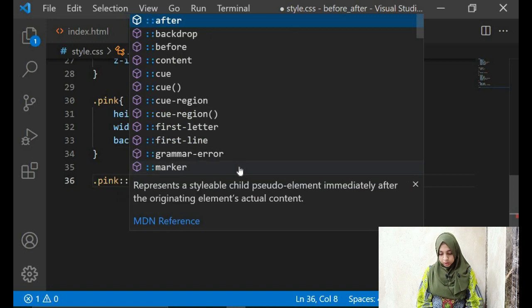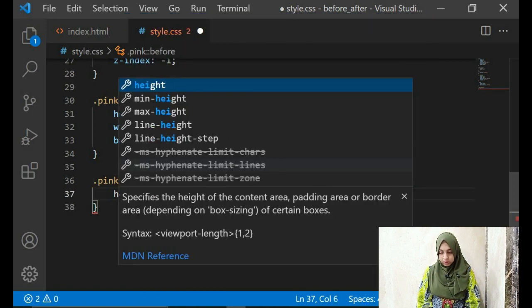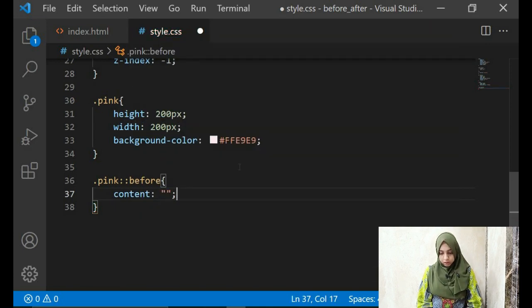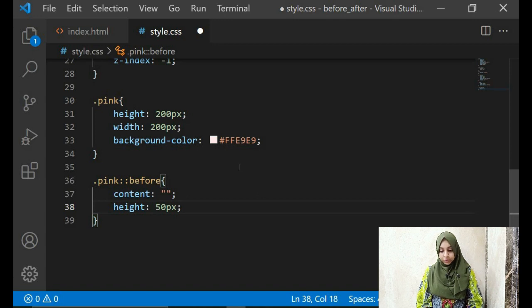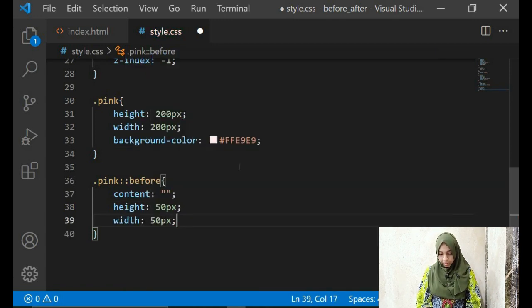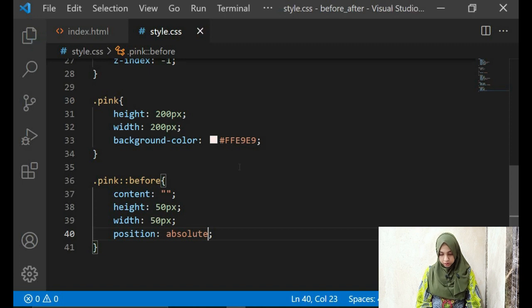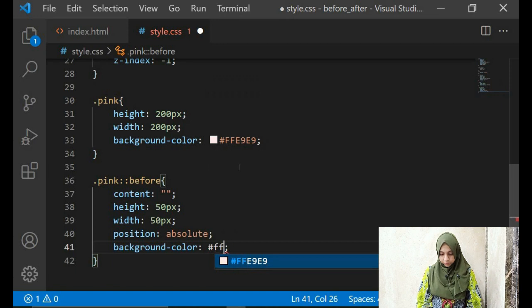All right, so to call a before over here, let's give it a content. Very important. Then we go for height. Let's give it a height of, for example, 50 pixels, a width of 50 pixels, a position of absolute, and a background color of white.